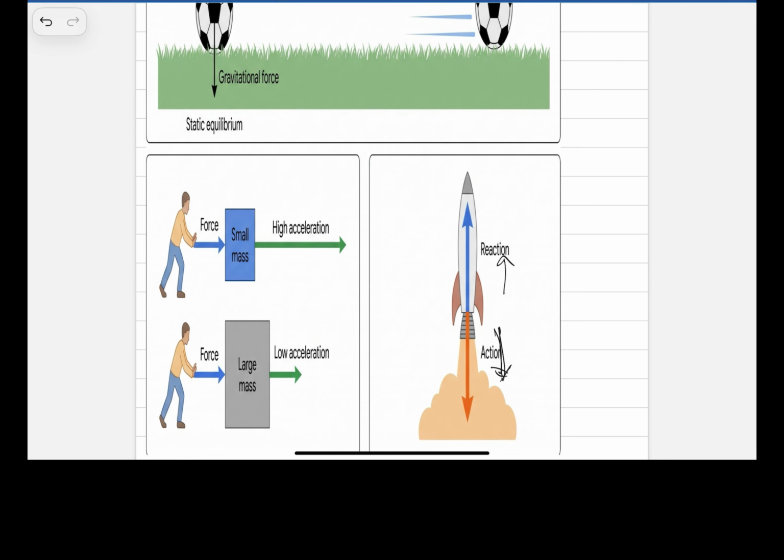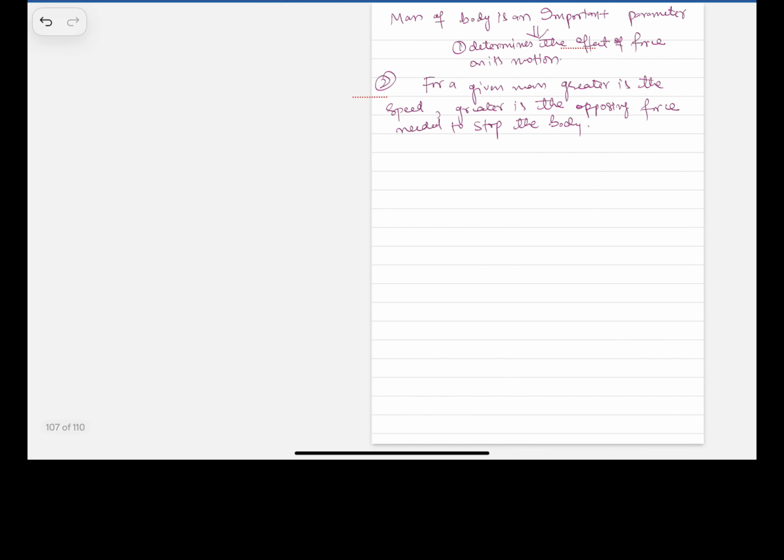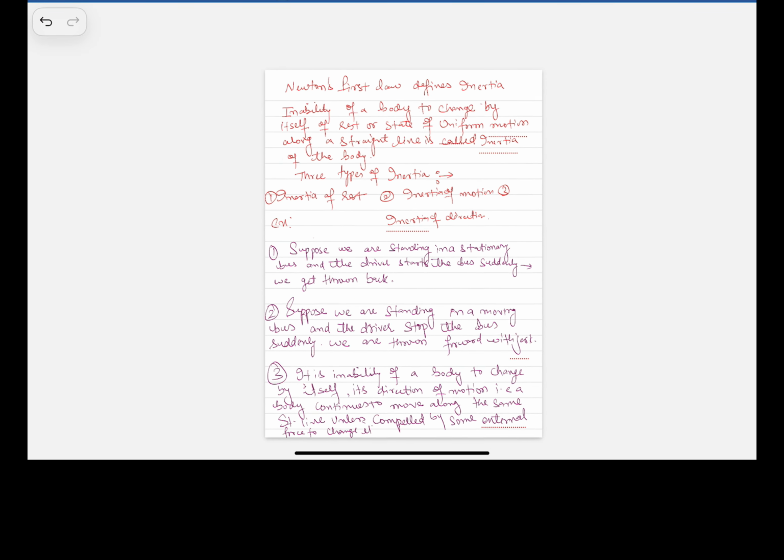The cryogenic engines provide thrust, so it has an equal reaction as long as fuel is there. This fuel is providing that kind of thrust, as with the cryogenic engines. This thrust is provided, action equal to the equal and opposite reaction. So we will discuss this in detail in